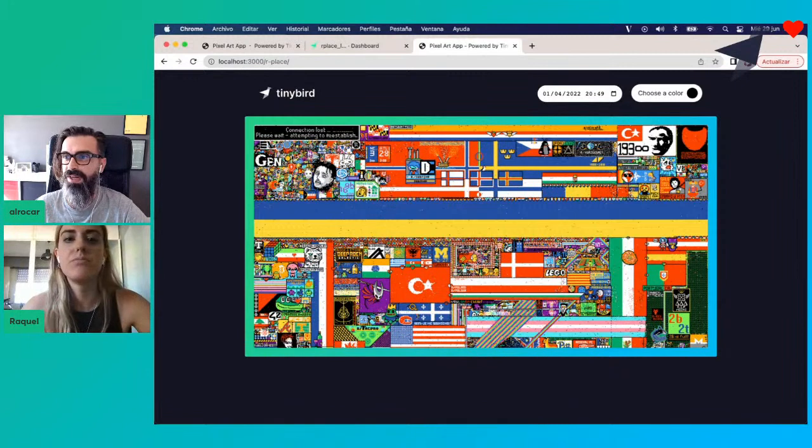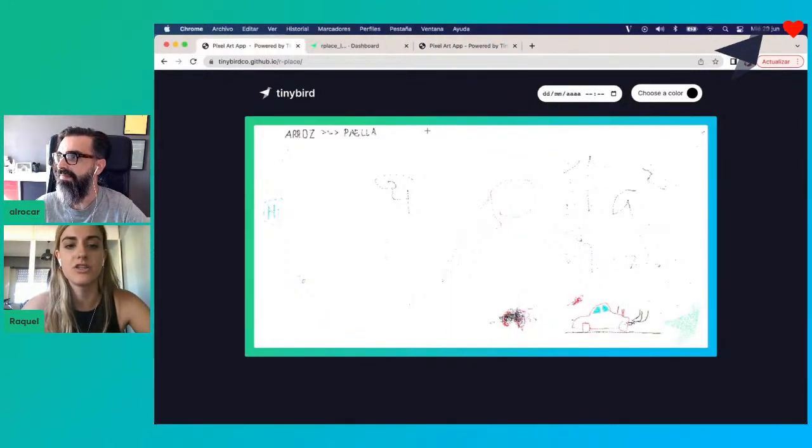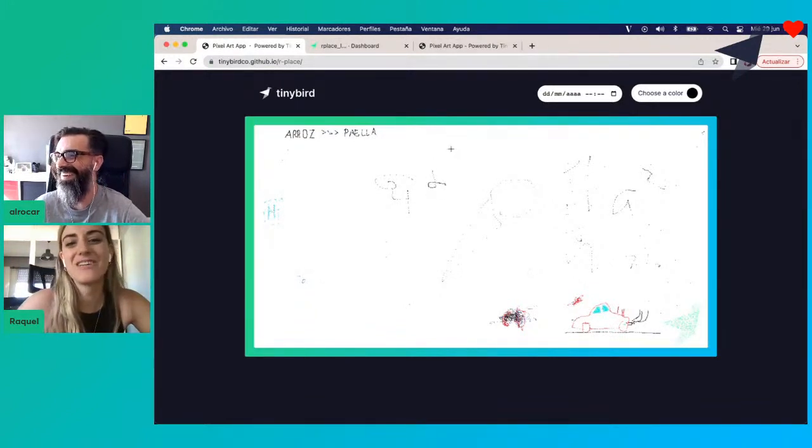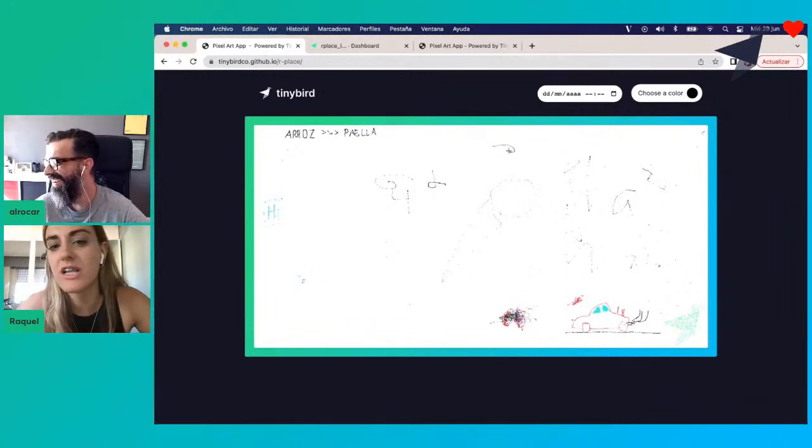Yeah, I think we have really published this application that is more or less what we have done. So you can play with it. We have added some functionalities. For example, you can draw a line, not just a pixel. This is